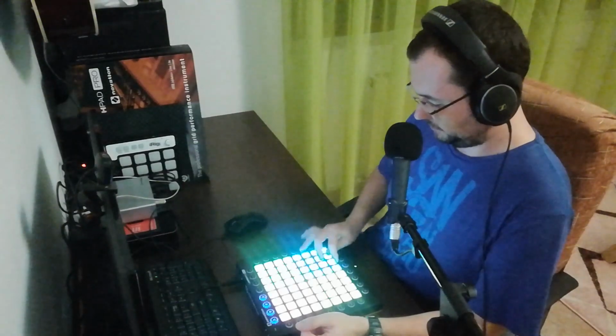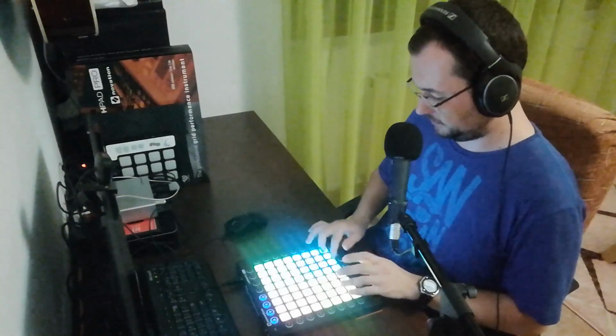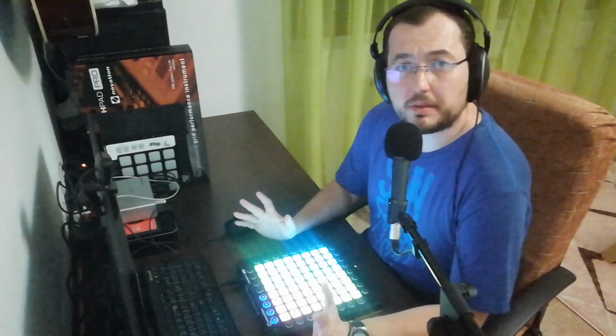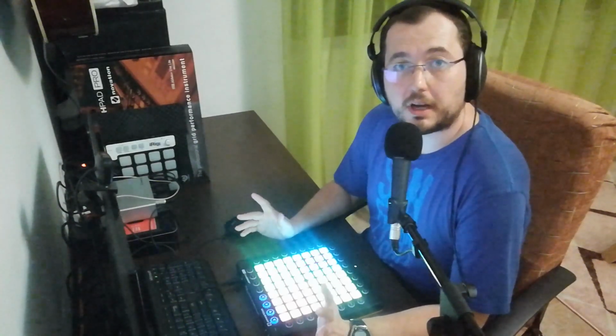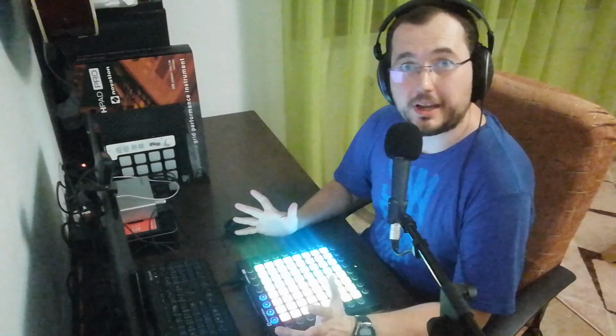So the 4 on the floor hand posture, like this. I think I've gotten used even to this one. So the small pads are not a deal breaker. I got used to them after like one day, so I'm only doing small mistakes when I hit adjacent pads. But the thing I think I like most about this pad controller, aside from the fact that there are 64 pads here, is the fact that although they are small,